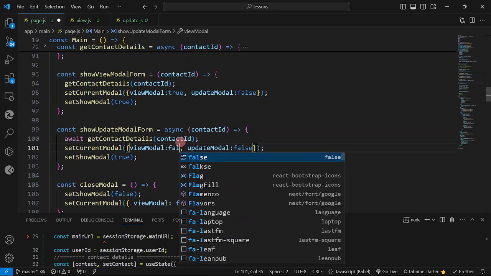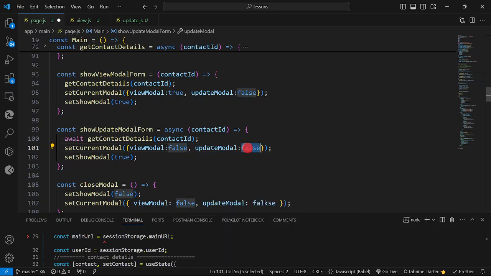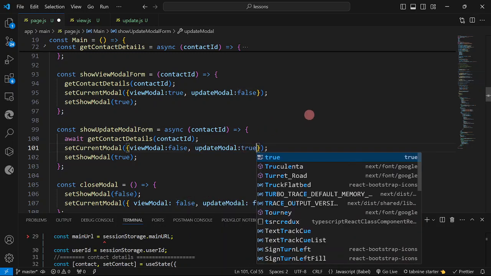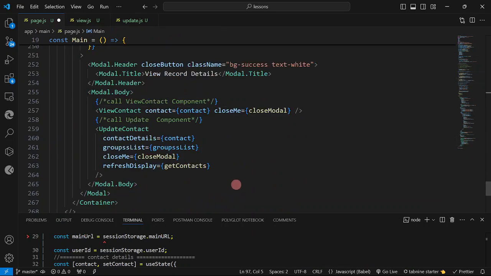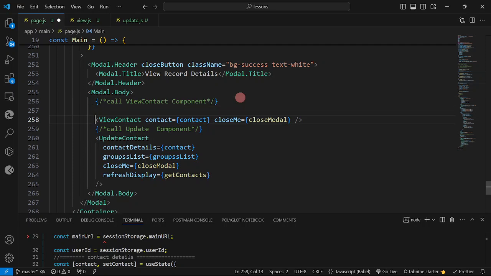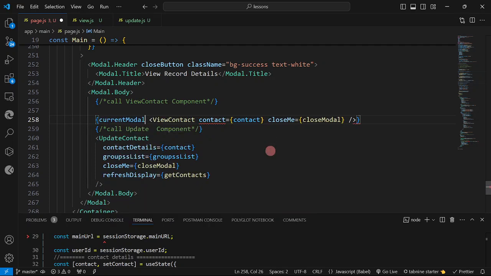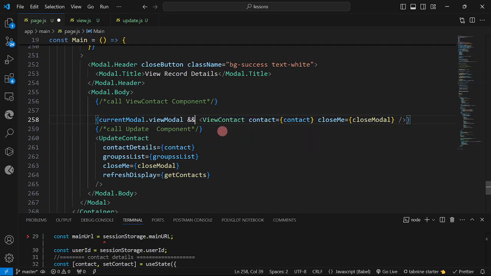This will be false. This is true. Okay, and into our modal definition, I'm going to enclose this in curly braces. Then I'm going to have current modal dot view. And okay, so